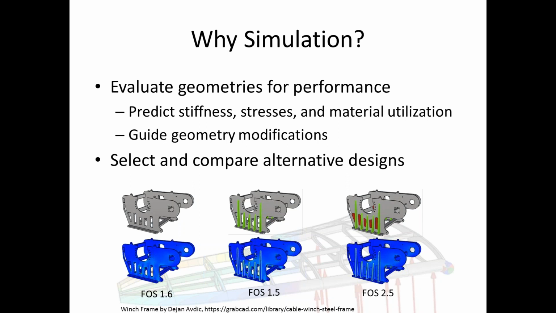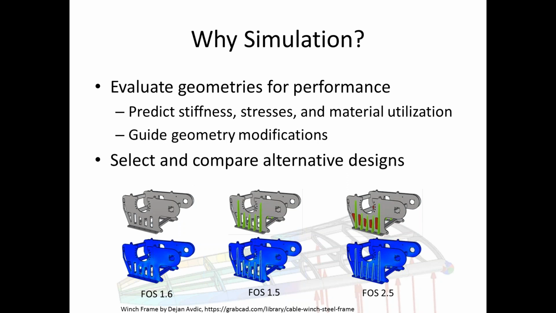So across the bottom here, we have an example of a winch frame. This is a component that's used a lot in marine applications. So this particular design, on the left, we've got a factor of safety of 1.6. With Scan&Solve Pro, we can mix and match different components and different materials, and we can see what happens if we try different configurations of components. So in this case, we can think of this thing as a weldment. It's welded together. On the left, we've got cutouts along the side and no ribs, and a factor of safety